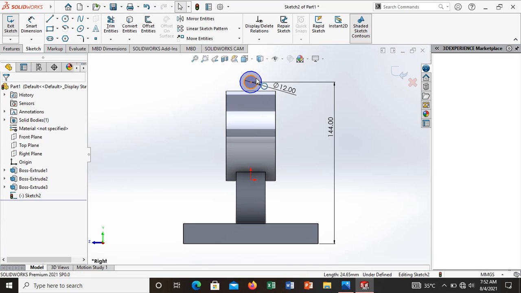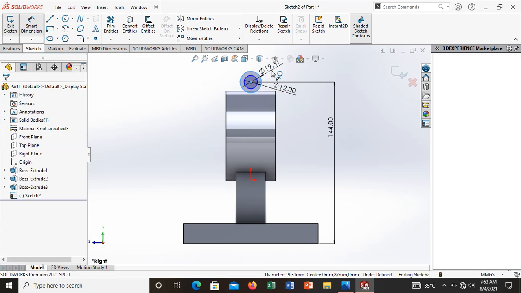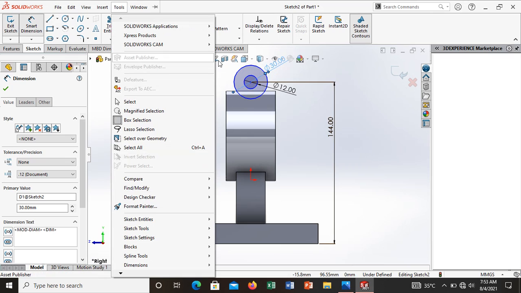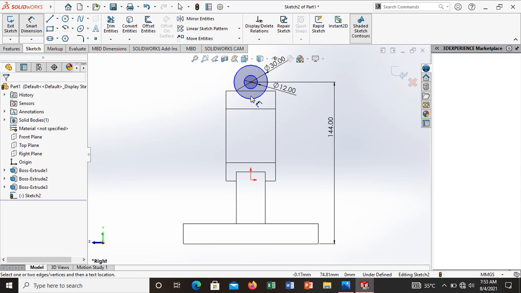Now change the dimensions. This is 30 diameter and this is to be 12, and the height is corrected. Now in this view, give the wireframe. Why? Because don't extrude up to this bottom, don't go below the bottom. This is hollow space, so you leave it up to this mark.